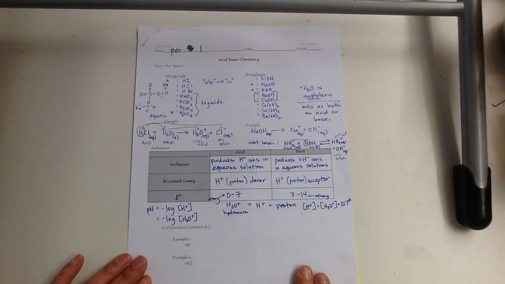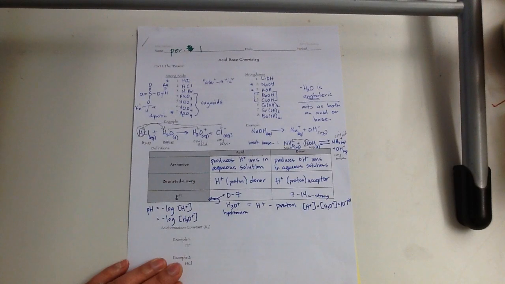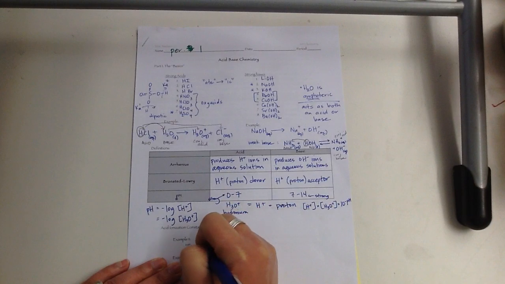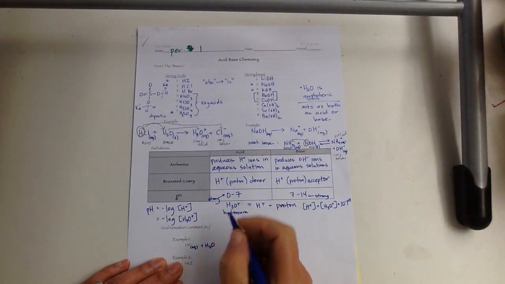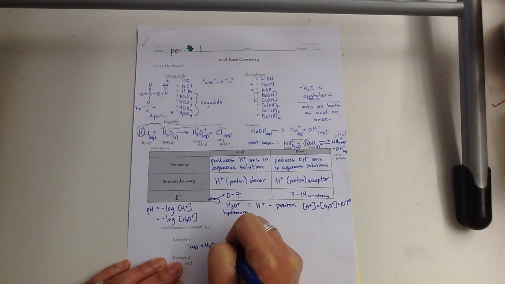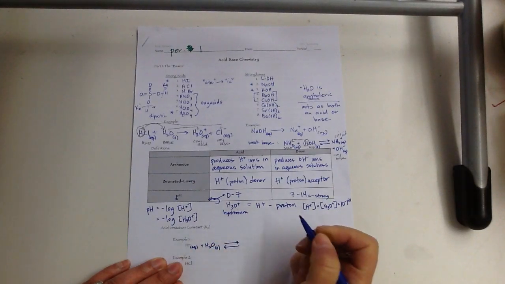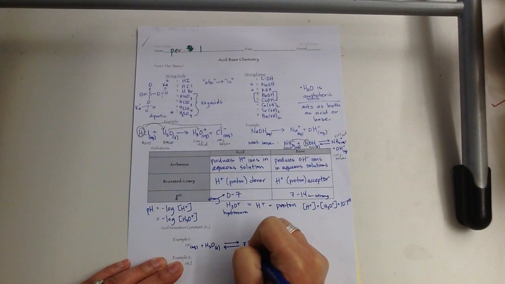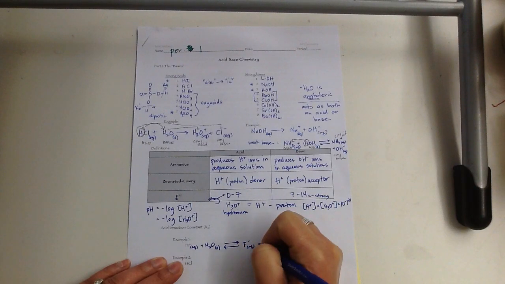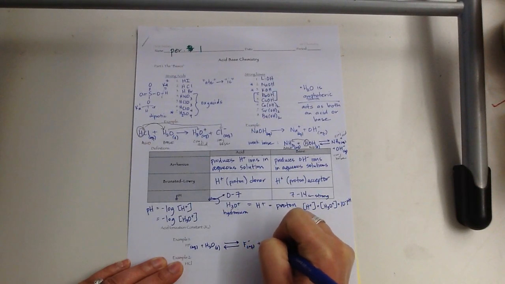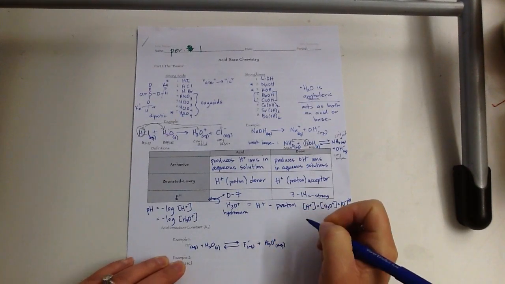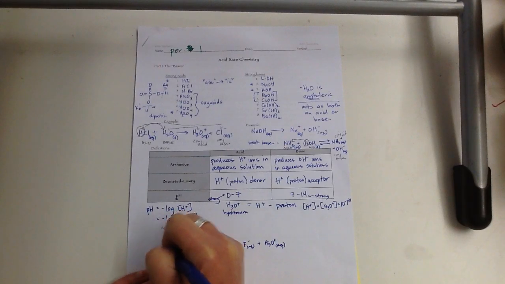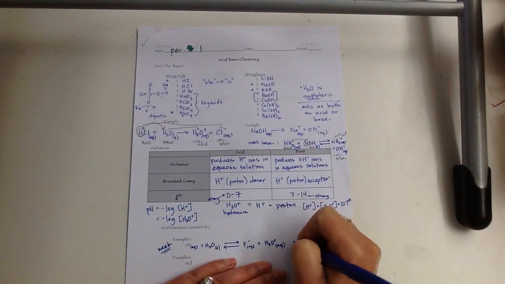So example number 1, I have hydrofluoric acid here. Now hydrofluoric acid, if it dissociates in water, remember water's in the liquid phase here. Hydrofluoric is a weak acid, and that means that we're going to have a two-way arrow here, and we're going to form fluoride ions and hydronium ions. Now if I were to write the Ka for this weak acid, it's going to be,